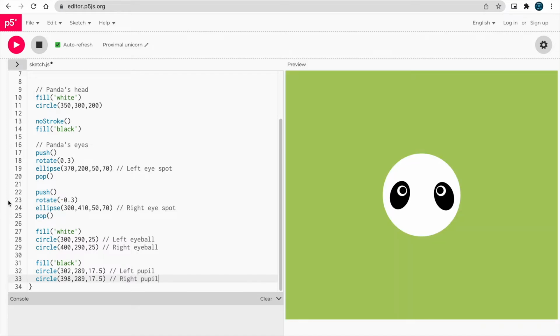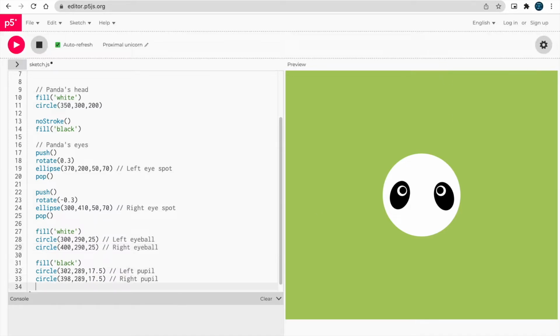As you see, I am typing the y coordinates. The y coordinates are the same here because in processing, in P5JS, this is our y axis and this is the x axis. So to make them in one line, the y coordinates will be the same and the x coordinates will be different.